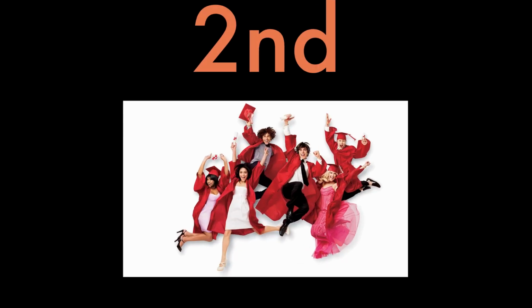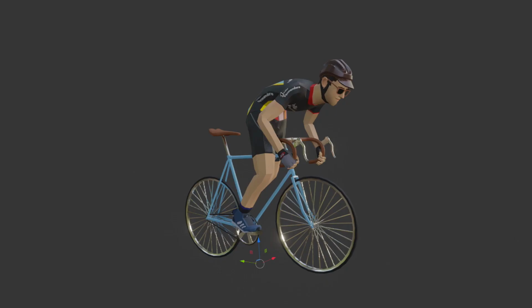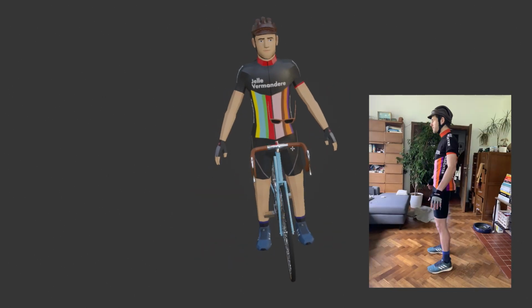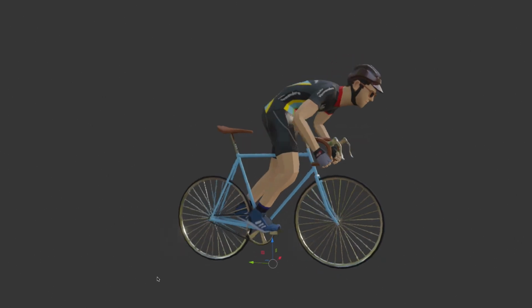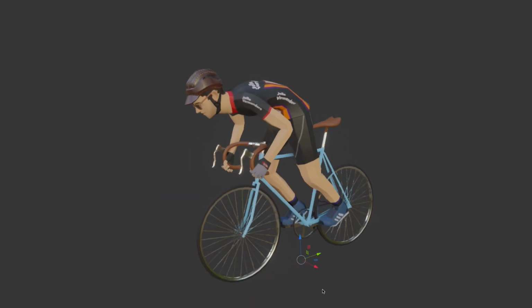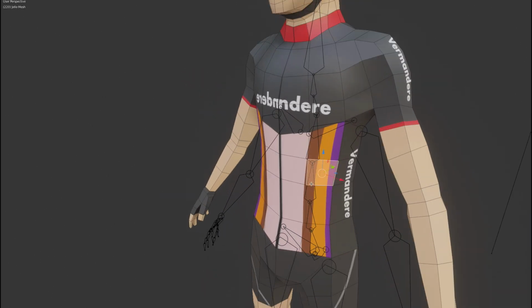Next up were the characters. I was planning to use a 3D model of myself that I created with some photogrammetry some time ago. Check it out if you haven't already. But then I thought, if I was going to spend all this time making a graduation ceremony, I might as well make it relatable for more people than just me.